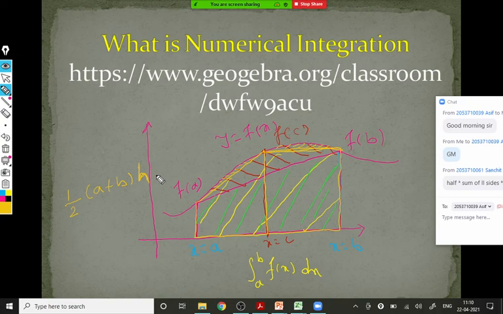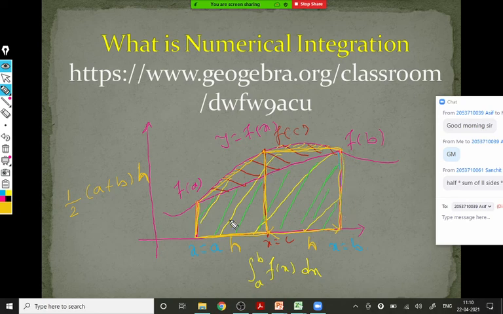Now every time that height is nothing but this length, because you are dividing the trapeziums on the x-axis, so you will get h here. The height of each trapezium is also h, on the x-axis. And the sum of parallel sides are f(a), f(c), f(b).